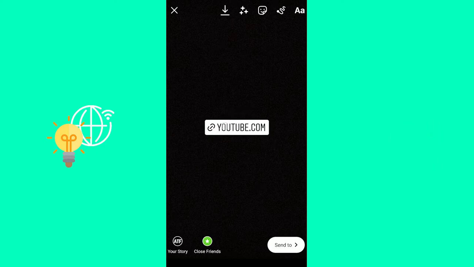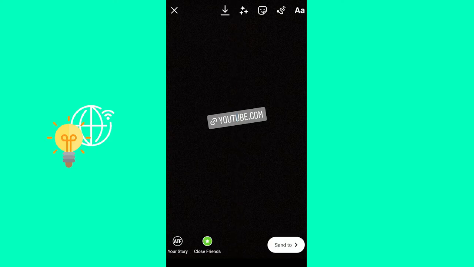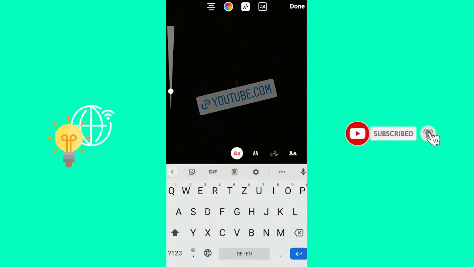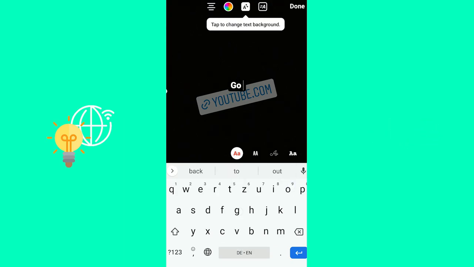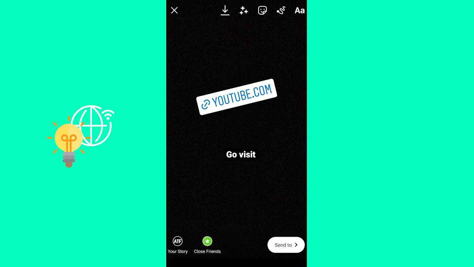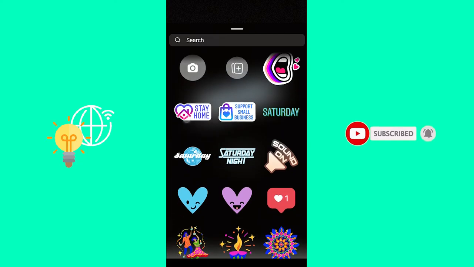You can now tap the sticker to change its looks. You can drag it to increase its size and rotate it like any other sticker. Now you can add text, say go visit, change the text, there you go, visit, add an icon,